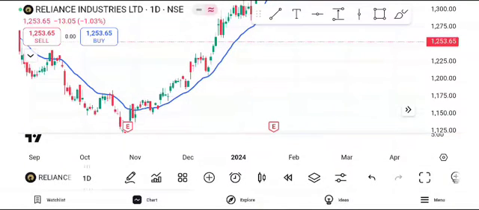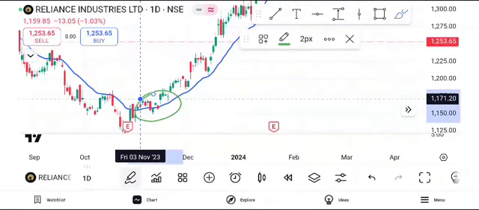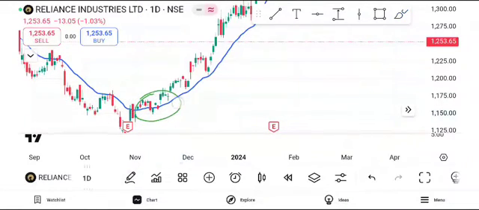20 exponential moving average. Why do we take 20? Because in every month we mostly have 20 trading days. So this will give us an exact confirmation about the trend. Whenever the candles are above this 20 MA, we call it bullish